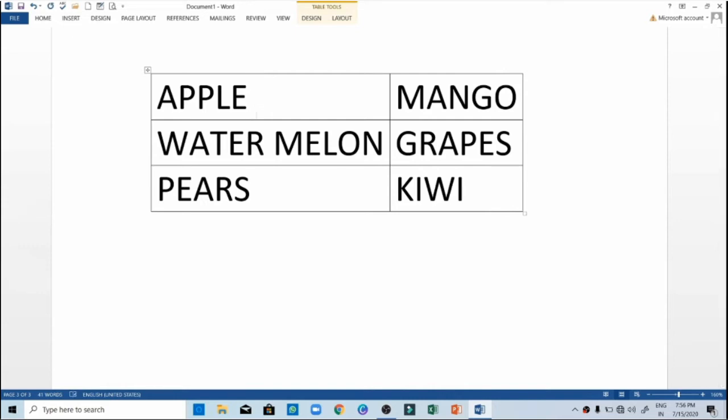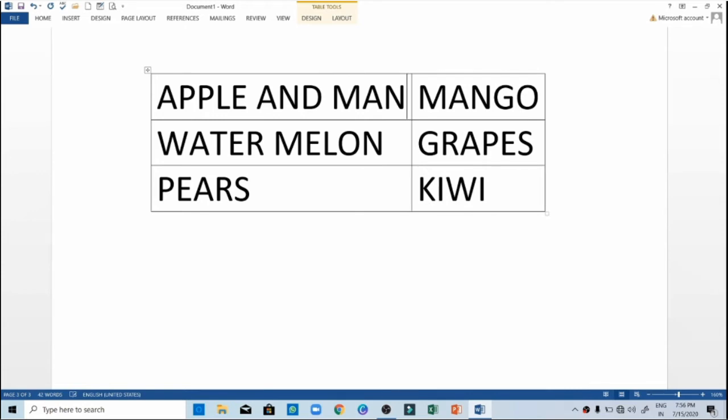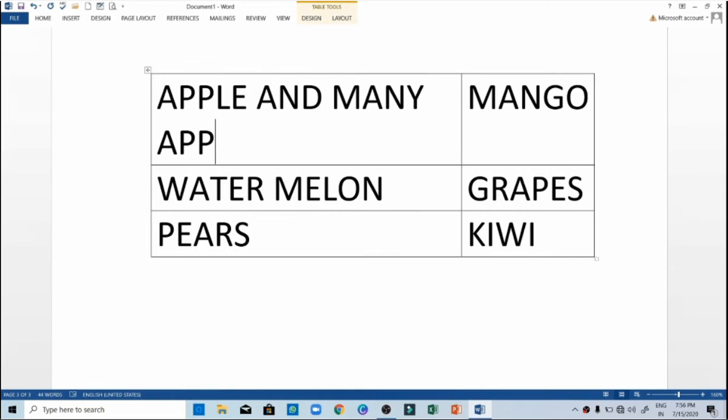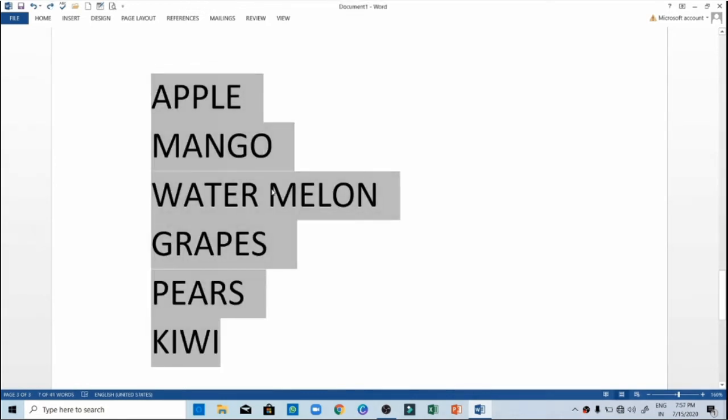Now suppose this was auto fit to content. So that means if I add more text to it, will it keep on changing? Will it get auto fit to this? Yes. See, I am just typing some text, apple and many apples. So it's funny. Okay. So you see here, as I'm adding text to this, it got converted accordingly and the margin was getting auto fit to the content.